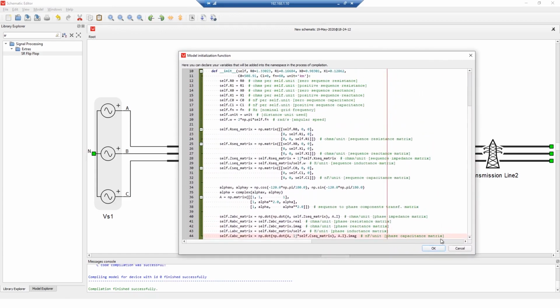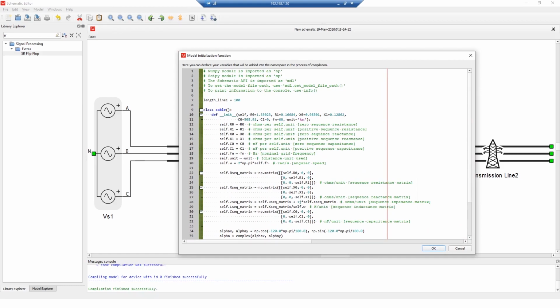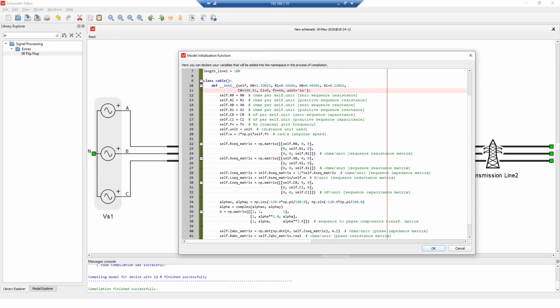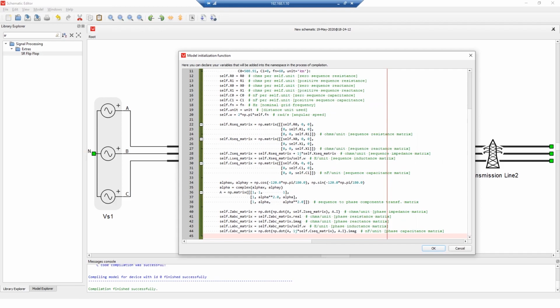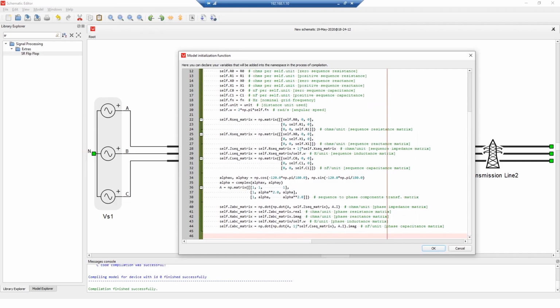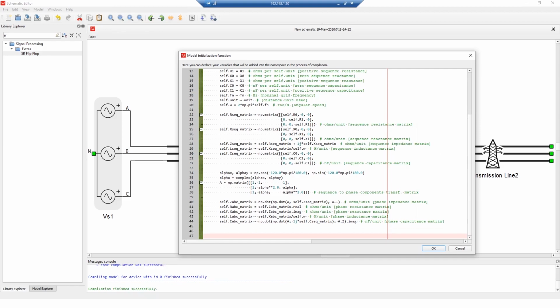But this code specifically, what it does is to create this object, this class cable, and it has some properties or some attributes inside, and I can use impedance in the sequence frame or symmetrical frame to define this cable. So it might be easier for me to use this than to do a calculation somewhere else and parameterize my lines. So basically I could do something like cable 1, and then I just